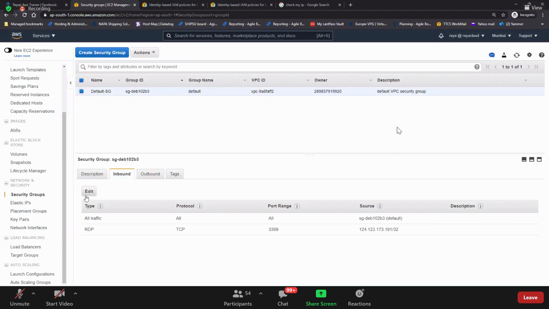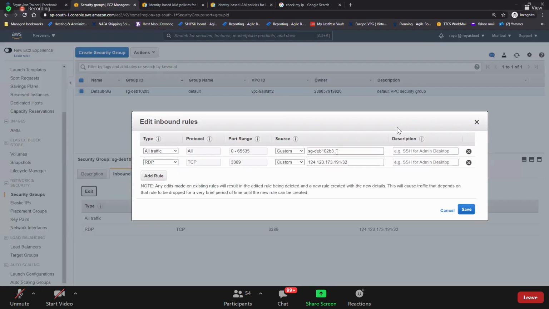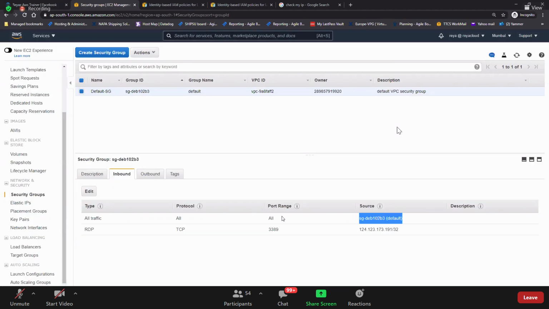So guys, have we done any changes on this default rule? Remember, this will come back to custom. That is fine. This is a natural behavior. If you select My IP, this will come back to custom. That is fine, right? But don't change your all traffic to My IP here. Let it be like this, and you add your rule, whatever you want. So you added the RDP rule.